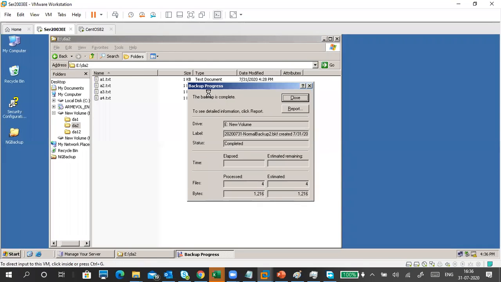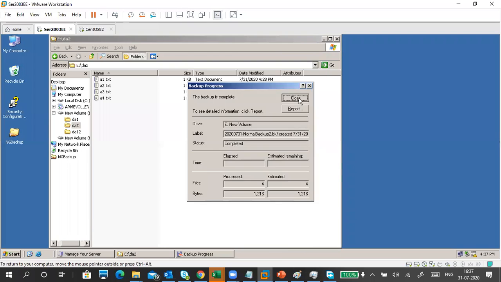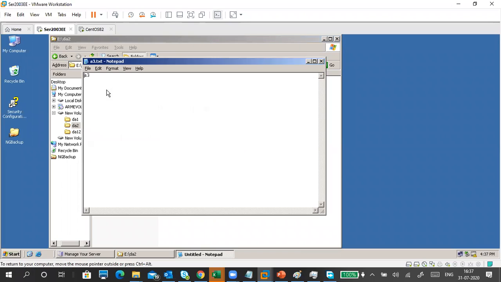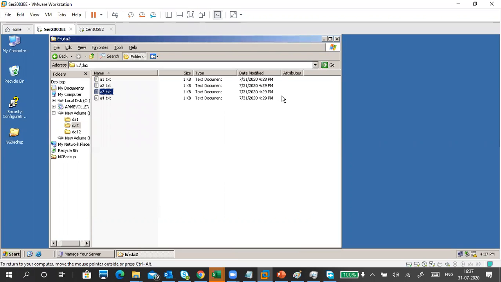Going on. Okay, so our backup is completed. Report, 4 files are backed up. Close. See, archive attributes are gone. Now what I'm going to do is, for this one, I put a like this. Then it is modified, right? So when it is modified,